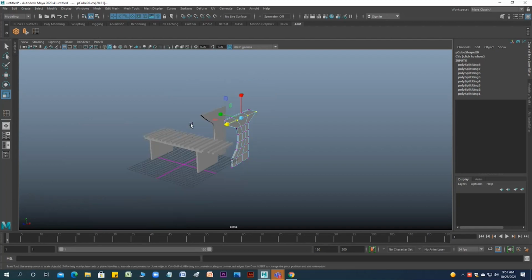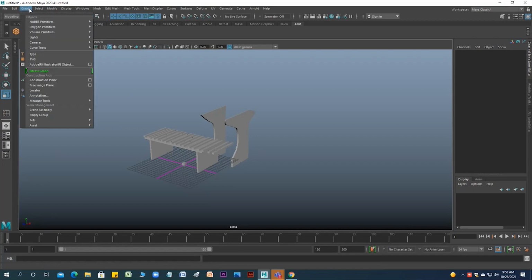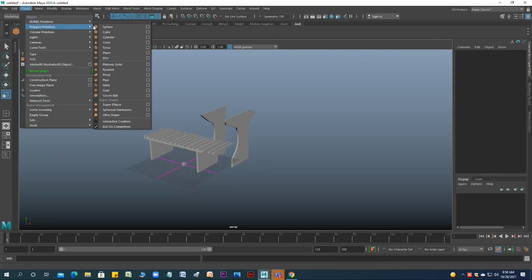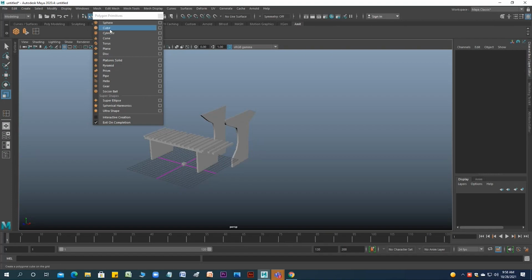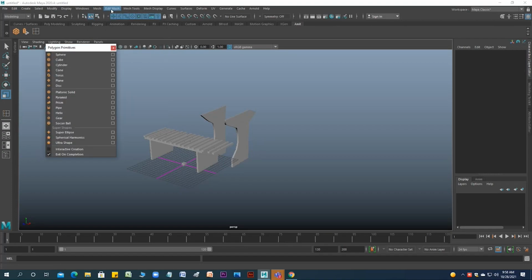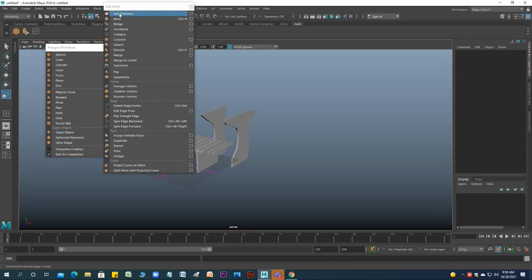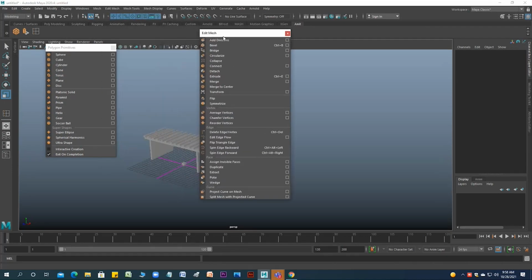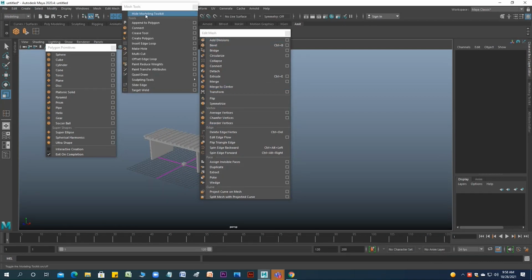So today you have to use these three tools. One is this one, which you can get from create polygon primitives. So cube. Then the other one, I think, is in edit mesh. In mesh tools, let me see where.